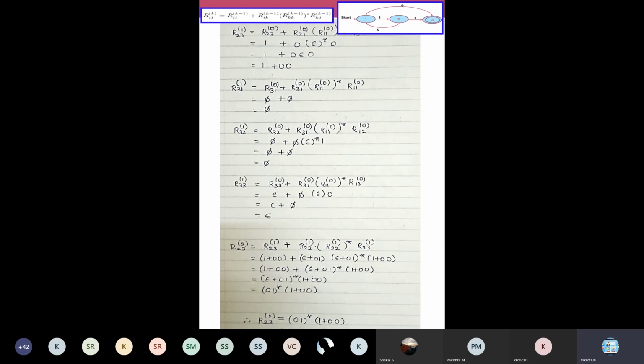Minimization alone you do carefully. This problem had very simple expressions. The terms are so simple, you got the answer very correctly. But there are some problems where your expressions may be very long. In that case, we have to take some time and minimize. Okay, we'll move to the next problem.